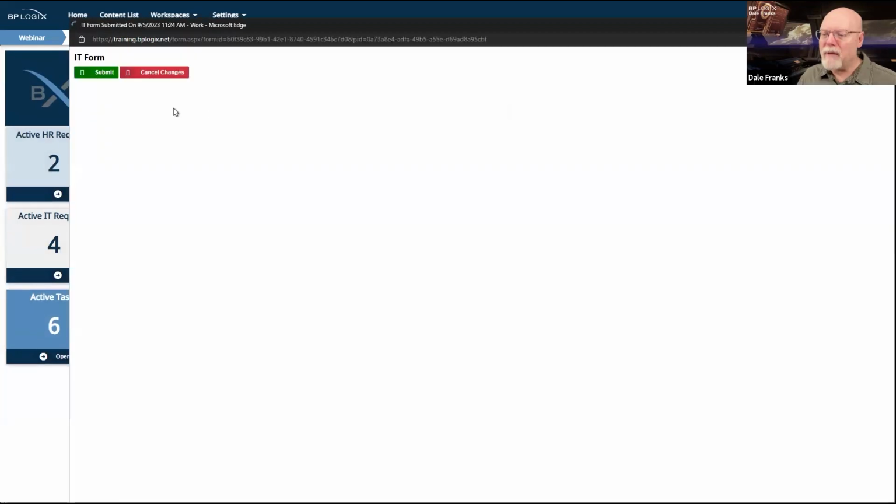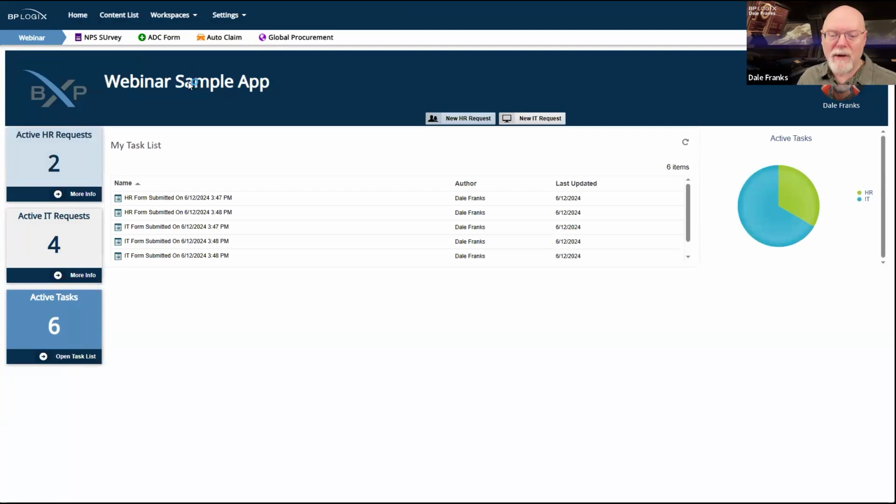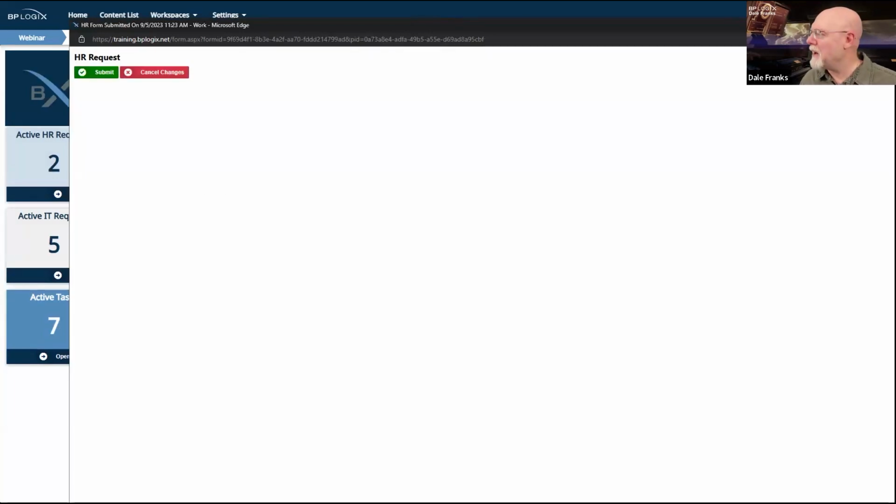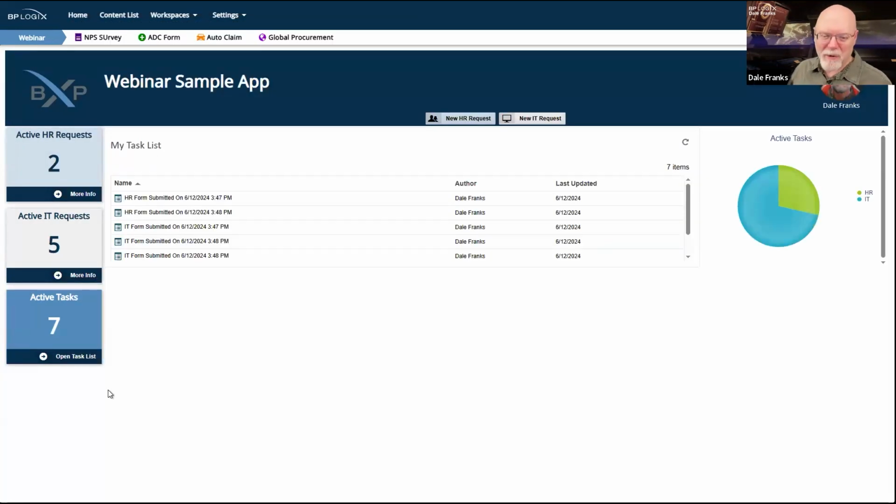Although if I throw in a new IT request and submit it and I don't complete it, we'll just close without saving, it will, in the fullness of time, refresh my task list with the 7 items, but it's behind the scenes. Come on, refresh for me. I just made a new request. Oh, there it goes. It just refreshed. It refreshed when I clicked the button, and it refreshed the page, which recalled my task list. So I guess any of these buttons would work to do the refresh, because this won't automatically refresh.